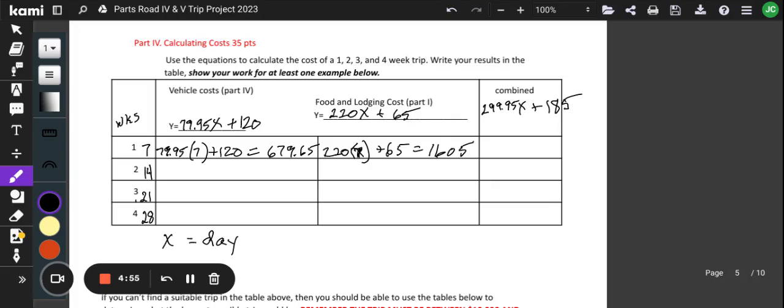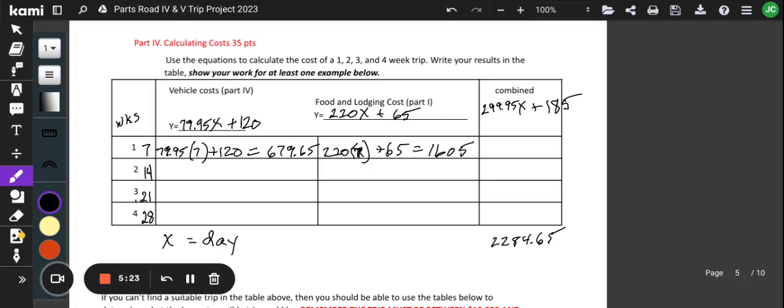All right. And combined, we should get these two together. So I'm going to add on 679.65. And I'm going to get 2284.65. All right. I'm going to write that down here